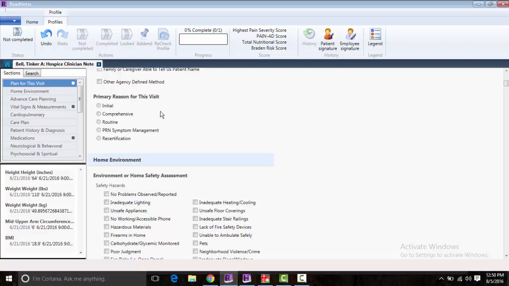You can mark that. A routine visit, if you come in due to a symptom issue, a symptom management or a PRN visit would be here. And as social work and chaplain, you will not be addressing recertification. And this particular recording is going to be focused specifically on social work and chaplain use of the Hospice Clinician